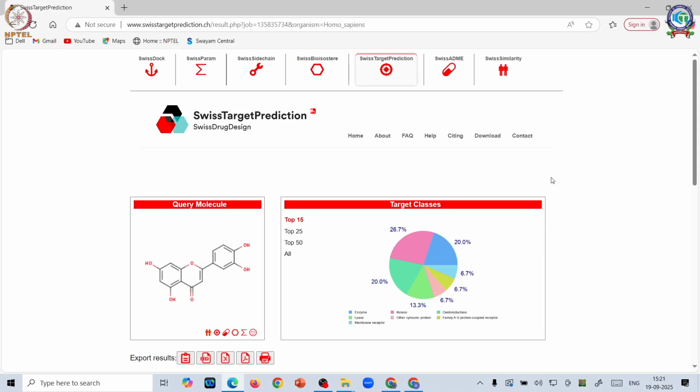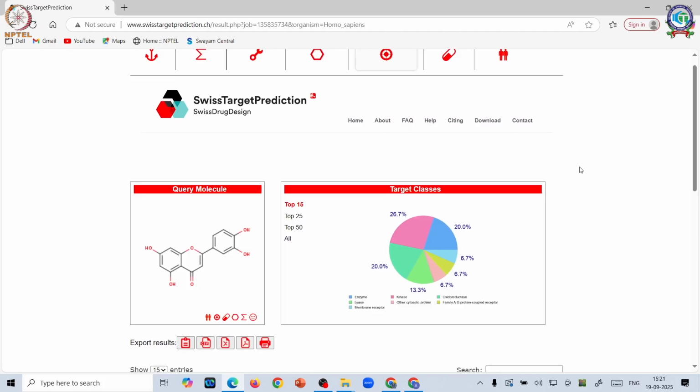When we put in the query of quercetin in the Swiss Target database, the browser returns certain results, and if you look carefully, you can see them in terms of enzymes. These enzymes are demarcated by different colorations, and you would see lyase, kinases, oxidoreductases and so on.